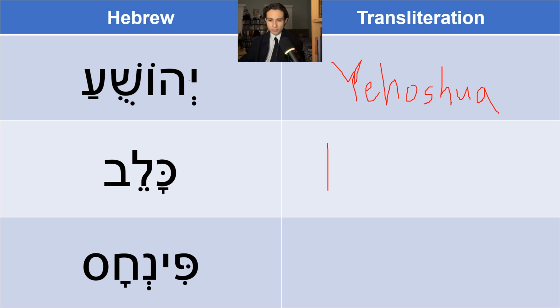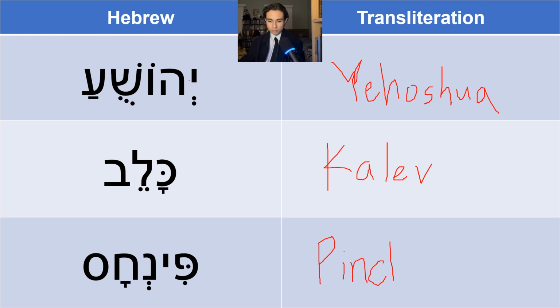Then we have Kalev, translated as Caleb. And then finally, the last name I want to go into is